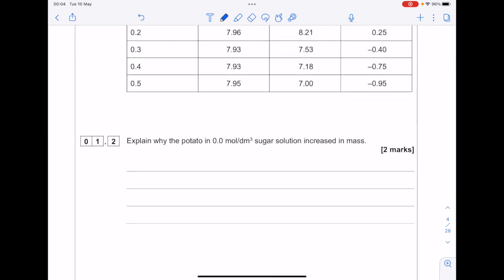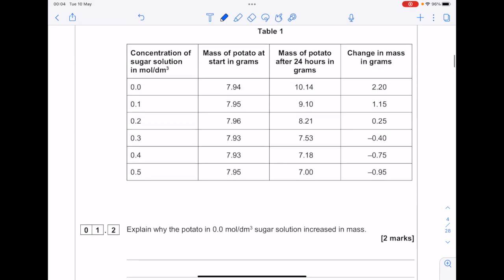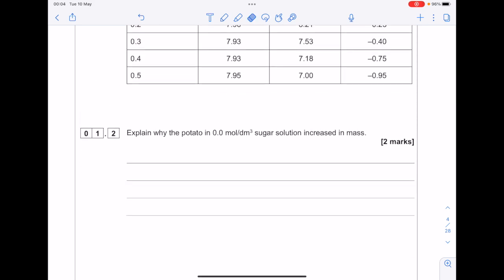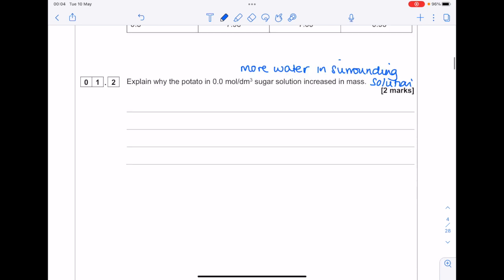Explain why the potato in 0.0 molar sugar solution increased in mass. It's all to do with osmosis. It's because there's more water in the surrounding solution. And how does water move? By osmosis. So why does the potato increase in mass? Because water enters the potato by osmosis